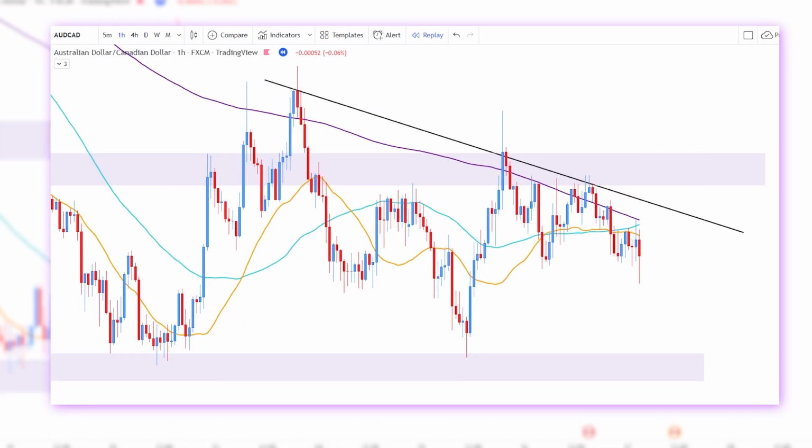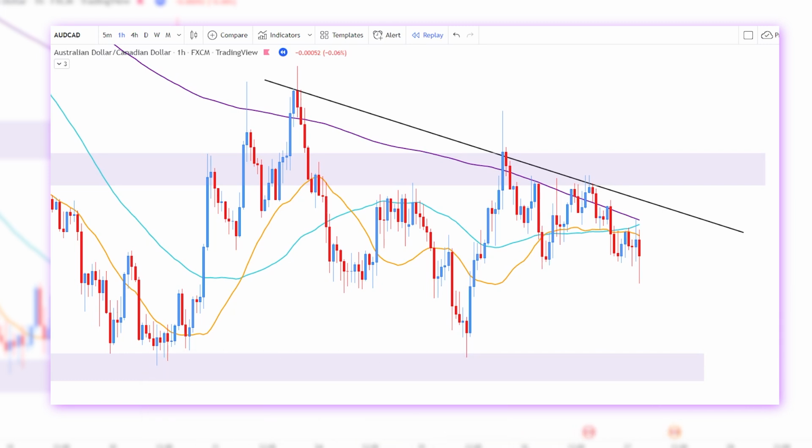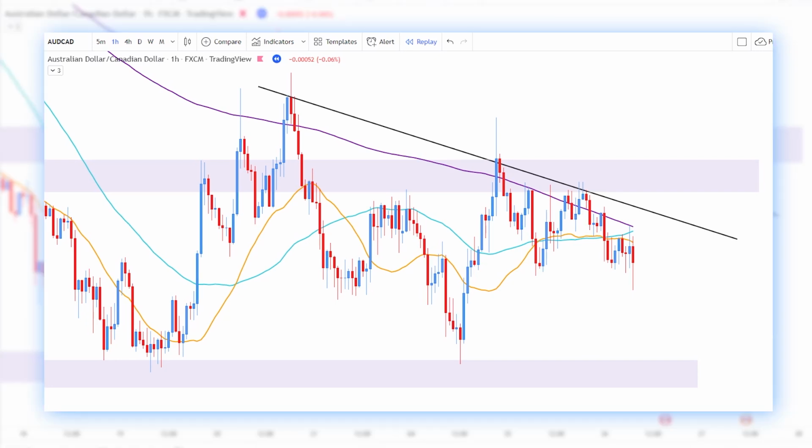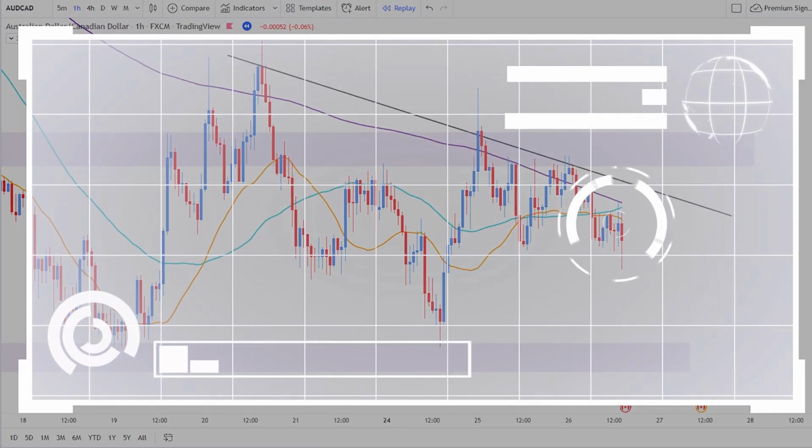So the 21 and 50 moving averages served as the foundation for my entry point, and because I had been using this strategy for a while, I knew that the 50 moving average must be trending above the 21 moving average. And all I was waiting for was the closure of the bearish engulfing candle to bounce off both moving averages. Finding one of these possibilities